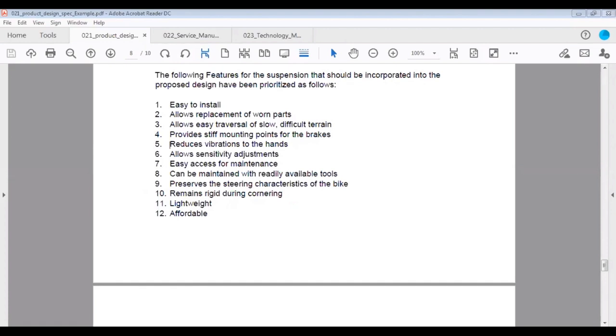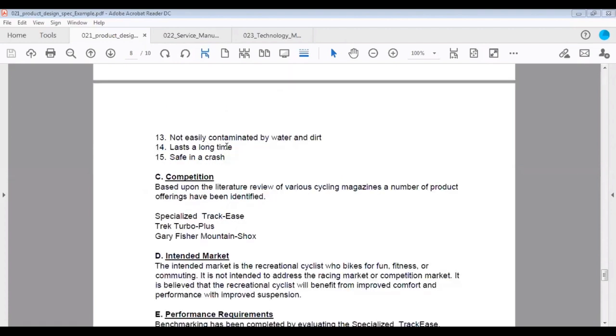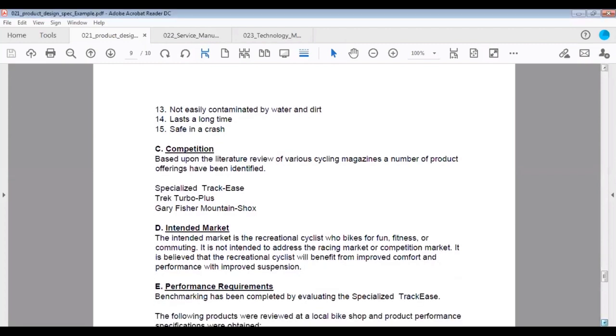It should be used for a long time, 10 years, 15 years. So competition, you can list up what kind of technologies might be competing with this. So based on this document, then